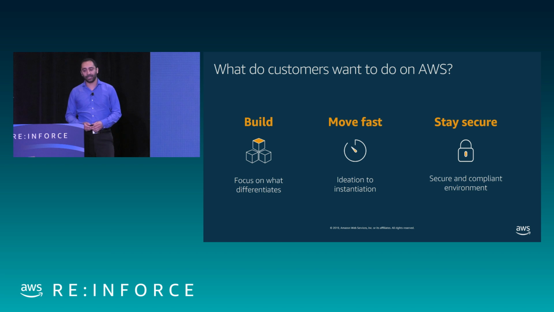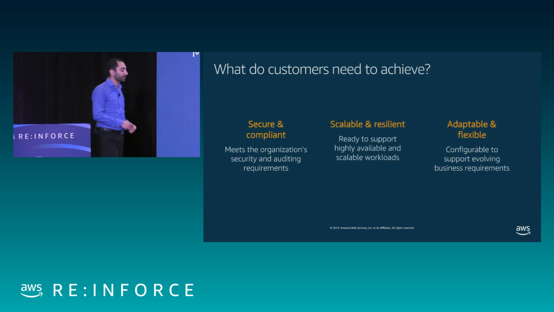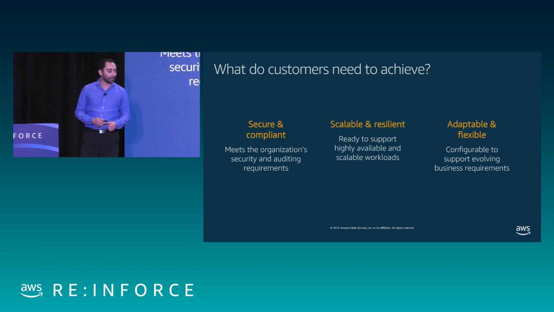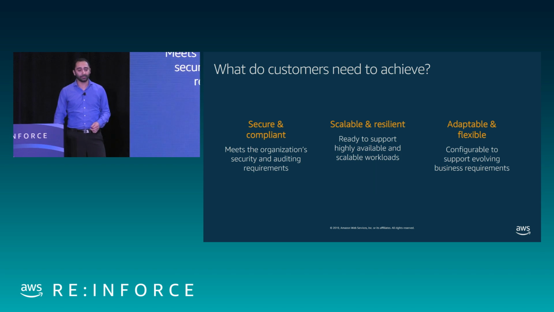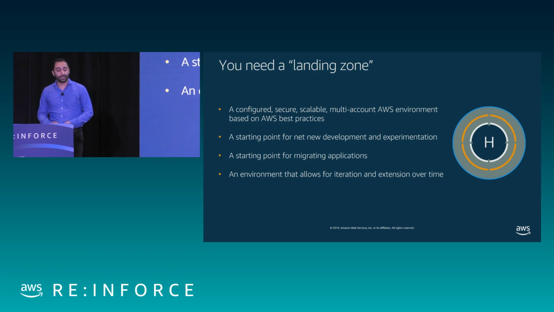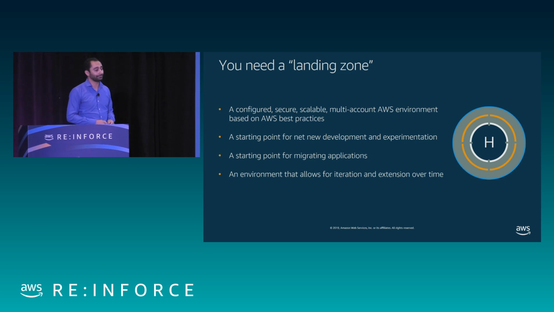That's the core idea behind building a landing zone. The multi-account strategy guidance and everything we've been putting together has been driven out of the security organization within AWS based on the collective best practices. But how do we do that? How do we stay scalable, resilient, while we're still compliant, and make sure we're still able to adapt? What we've come to, at least at AWS, is you need a landing zone.